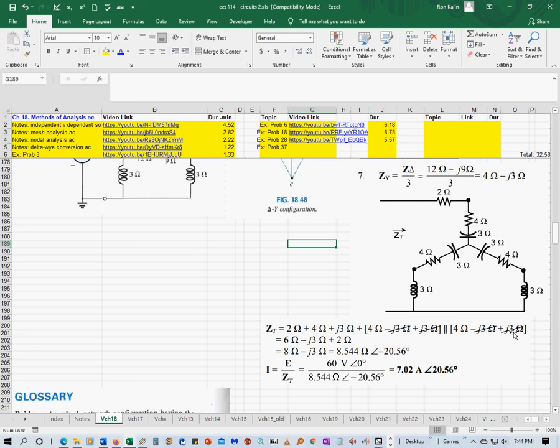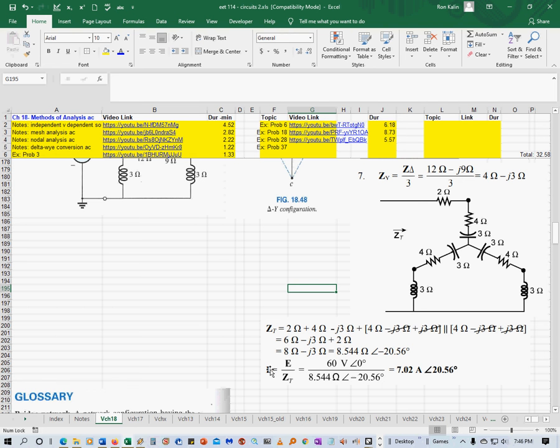So the minus and plus J3s cancel out to be 0, so it's really a 4 ohm in parallel with a 4 ohm, which is 4 times 4, 16, divided by 4 plus 4, which is 8. 16 divided by 8 is 2. And then 2 plus 4 is 6 here. So, okay, I fixed a mistake in the book. There should have been a negative sign. So it's 6 minus J3 plus 2, which is 8 minus J3, which is 8.544 ohms, angle negative